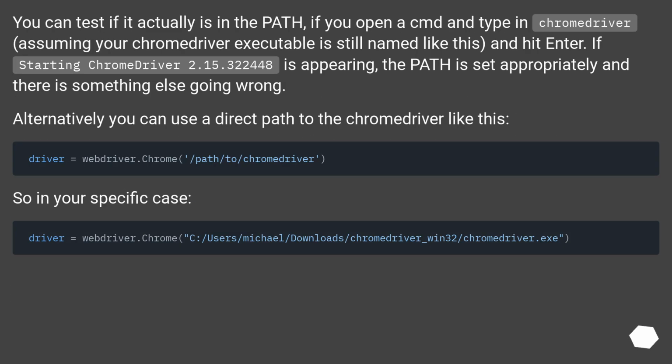You can test if it actually is in the path. If you open a CMD and type in chromedriver, assuming your chromedriver executable is still named like this, and hit enter. If starting chromedriver 2.15.322,448 is appearing, the path is set appropriately and there is something else going wrong. Alternatively, you can use a direct path to the chromedriver like this. So in your specific case,